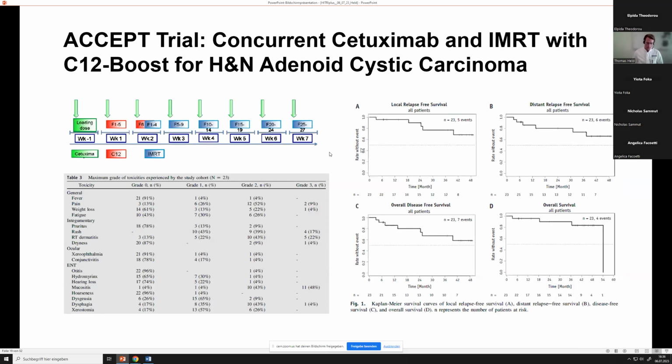So then there were also different approaches, for example, to combine, since to some extent adenoid cystic carcinomas have alterations in the EGFR pathway. There was the attempt to combine radiation therapy with cetuximab, an antibody against EGFR that we know from head and neck squamous cell carcinomas. It was done in a similar fashion compared to the Bonner trial, so with a loading dose and then weekly infusions, also up to 6 weeks or week 7 actually, and